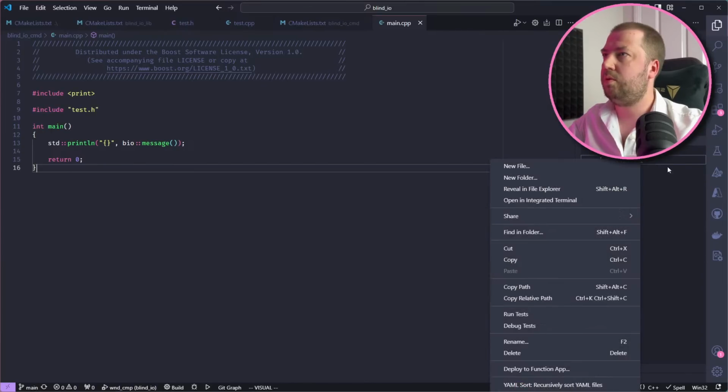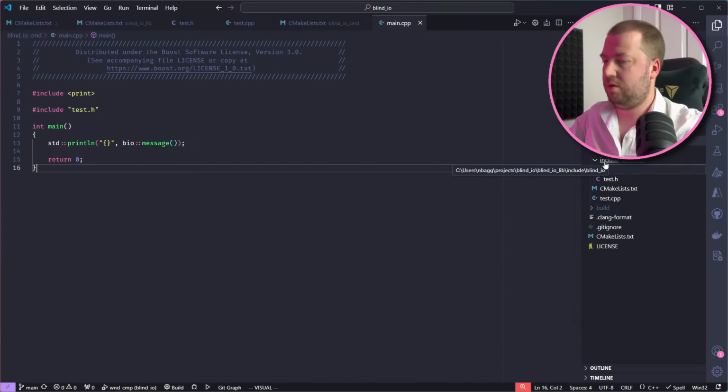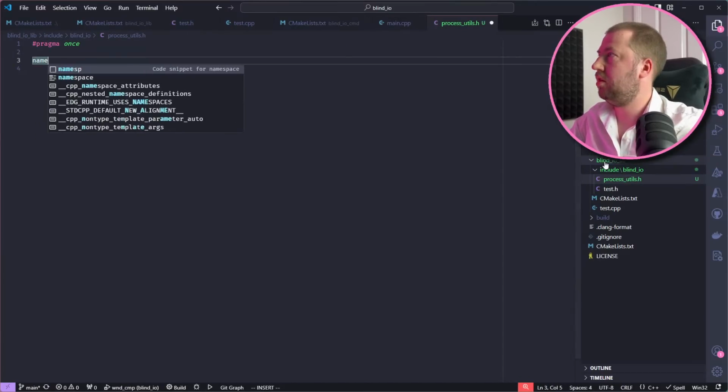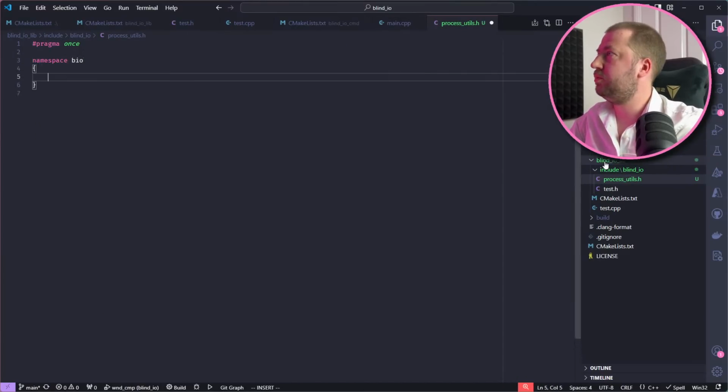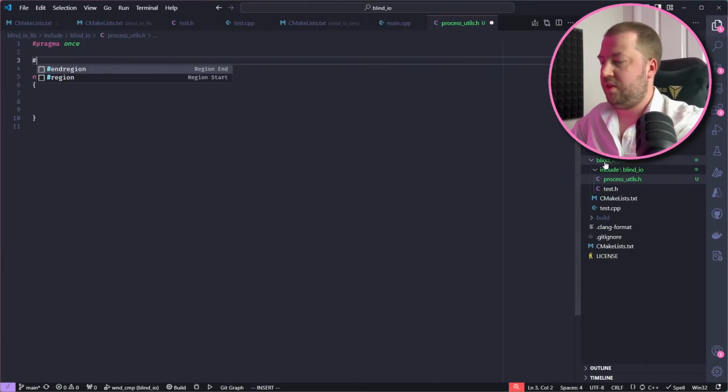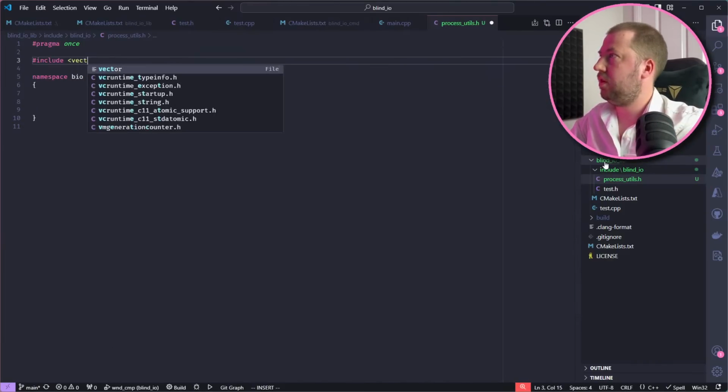So I think we'll need a process utils file. And in that, it's always important in C++ to have a project name that shortens to something nice, so you don't have to do lots of typing when you declare your namespace. I think for this, let's have vector